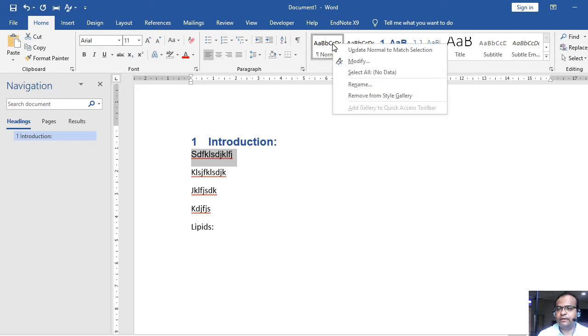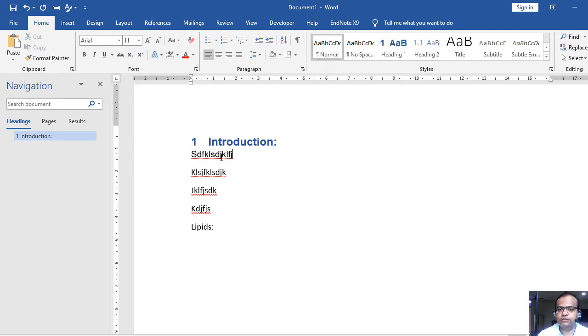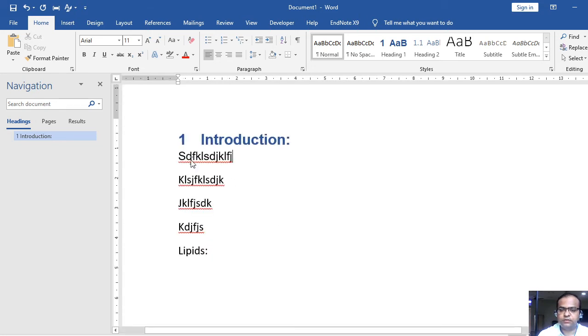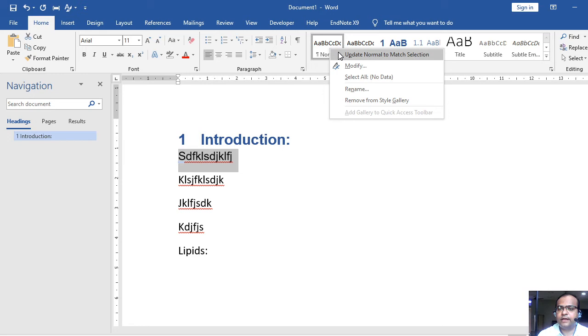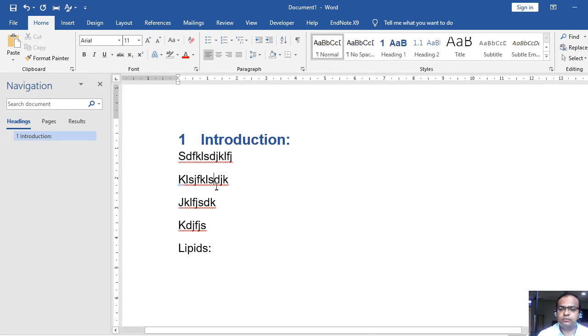Look at this: wherever my cursor is, this first word has an Arial font and the rest has a Calibri font, right? But as soon as I update this format in the style setup, all my content is updated into Arial font, right? So this is how you can manage your entire thesis.